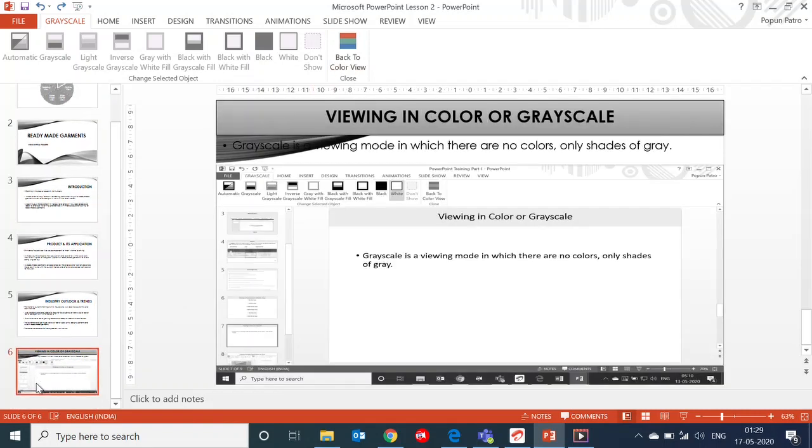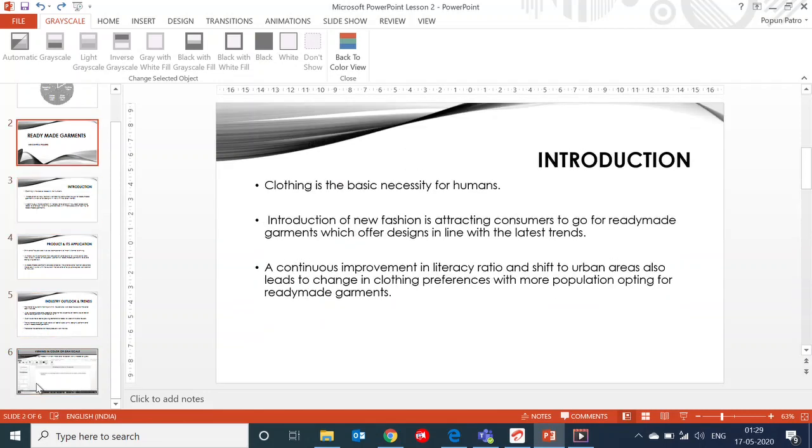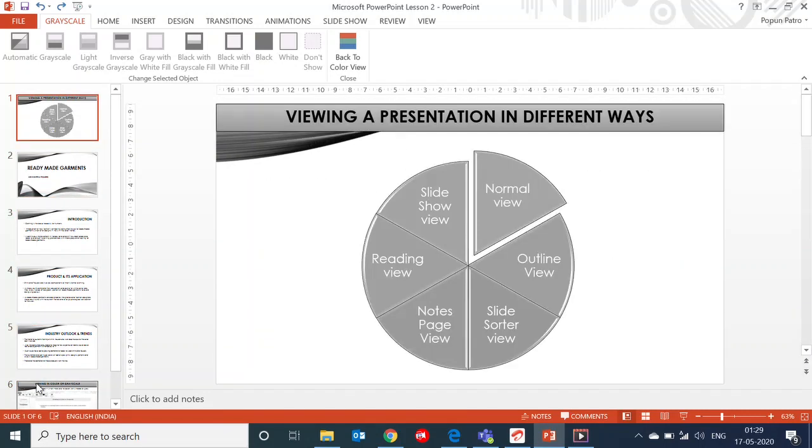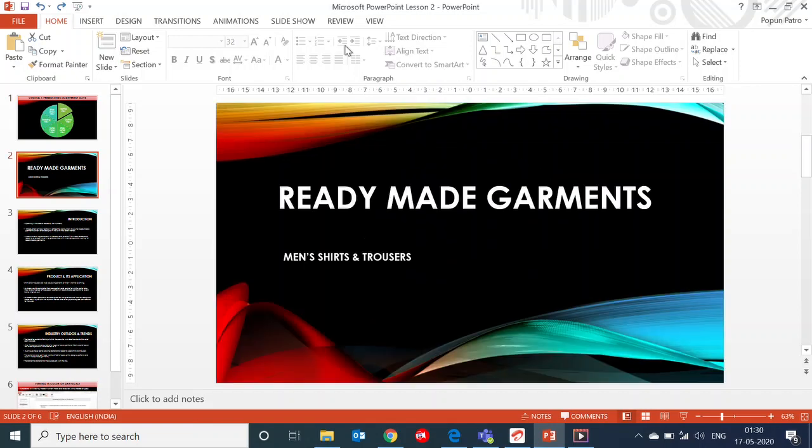Grayscale is a viewing mode in which there are no colors, only shades of gray. If you want colorful again, then click on back to color view.